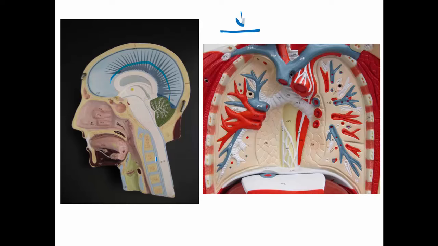You'd be able to recognize, this is the backbone here, okay? This would be your spinal cord coming down through the vertebral column. You'd recognize this would be the cranial cavity. So I want you guys to start thinking, this is not just elementary. You need to be able to recognize these organs in several different